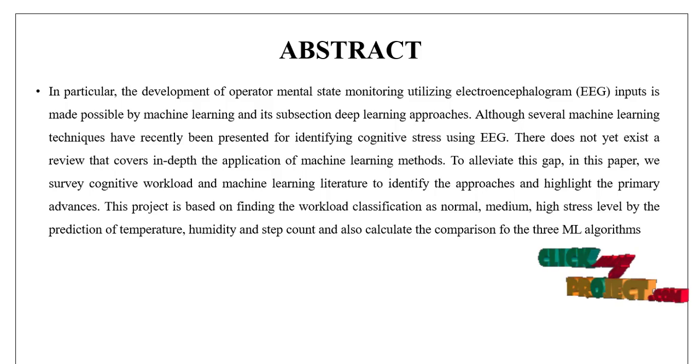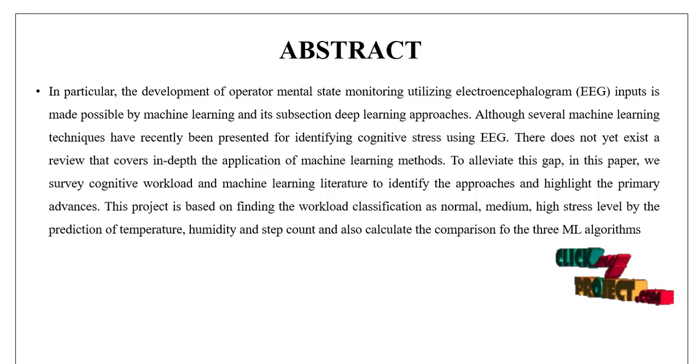This is our abstract. In particular, the development of operator mental state monitoring utilizing electroencephalogram inputs is made possible by machine learning and its subsection, deep learning approaches. Although several machine learning techniques have recently been presented for identifying cognitive stress using EEG, there does not yet exist a review that covers in depth all the applications of ML methods to alleviate this gap. In this paper, we survey cognitive workload and the machine learning literature to identify the approaches and highlight the